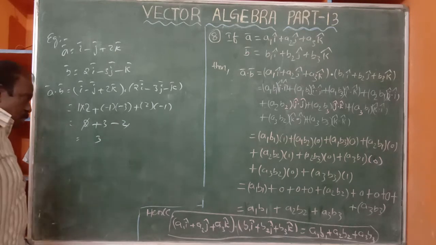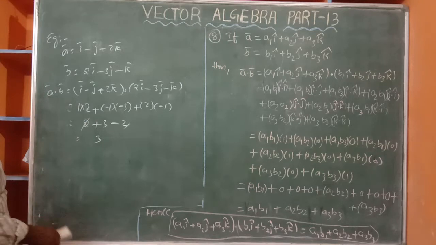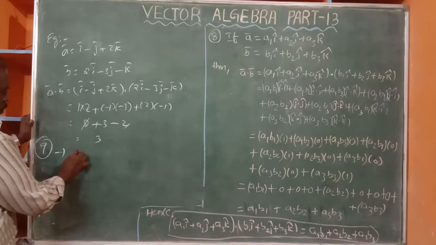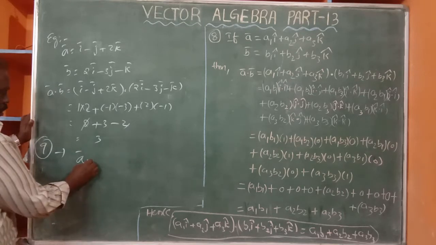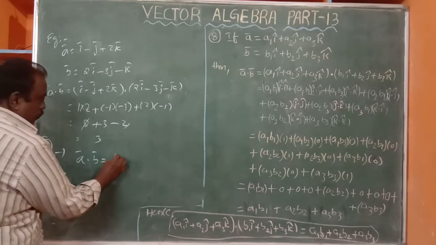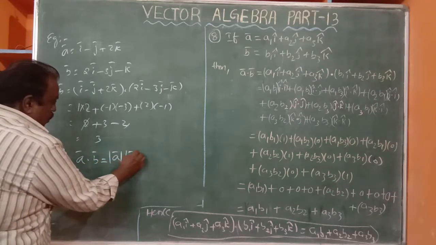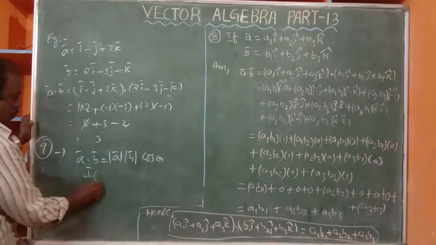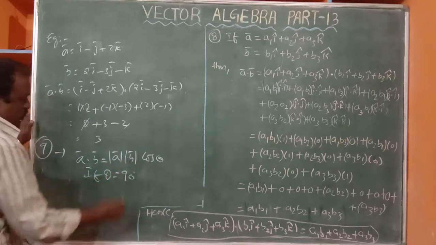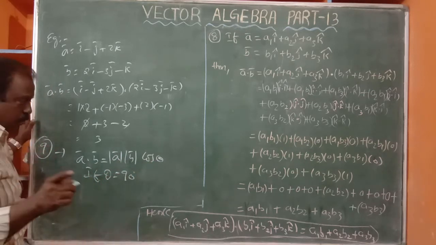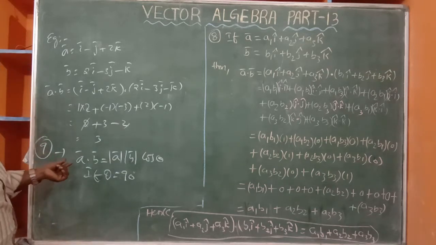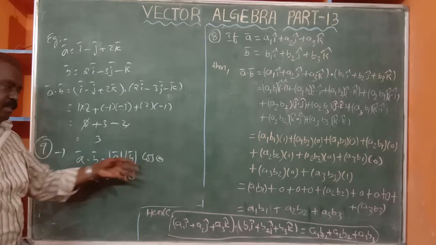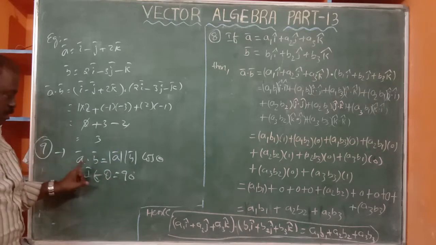And one more thing. I forgot the ninth property, assume. A bar dot B bar is equal to modulus of A bar, modulus of B bar, cos theta, we know it. If, observe me, if theta is equal to 90 degrees, of course this is taught in the fourth property, that is in the unit vectors. But A bar dot B bar when theta is equal to 0 degrees, I did. Theta is equal to 180 degrees, I explained. Whereas 90 degrees, I forgot, now you observe it.